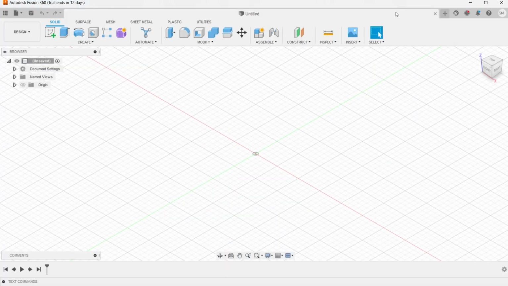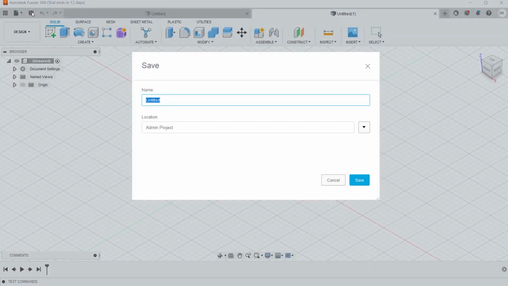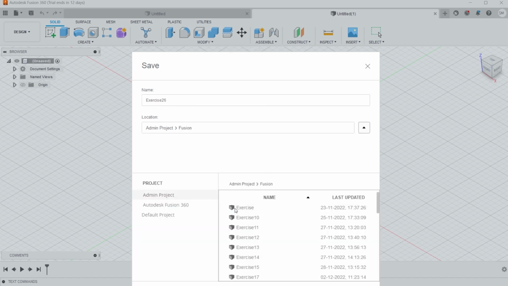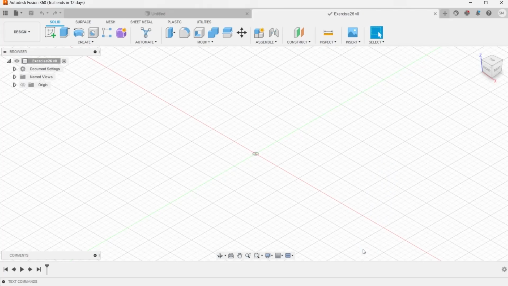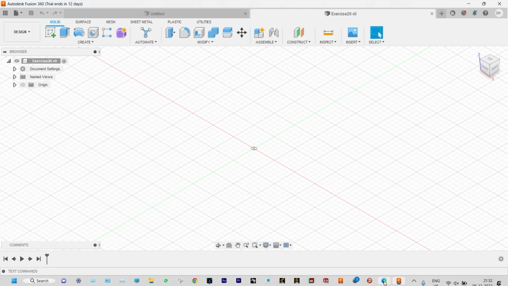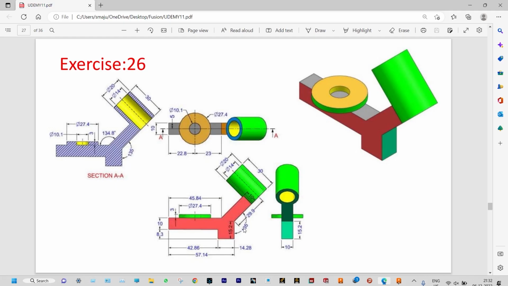First of all, we need to create a new design, and we can save it with the name exercise 26 to a specific folder by the name of Fusion. Let us save it. You can see that exercise 26 is saved already. Let us see the drawing again. So we need to start from this one, and